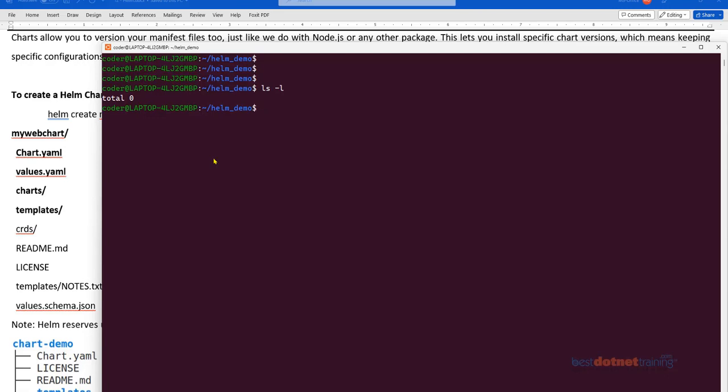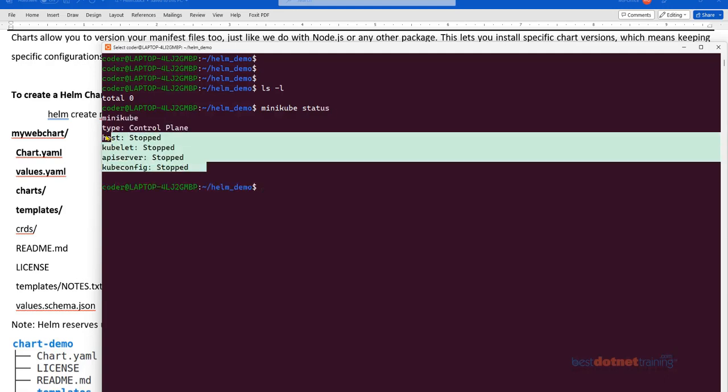There's nothing in it. Any specific reason I'm using Linux here? No specific reason. Okay, but it doesn't matter where you are working, on Linux or Windows. The only thing you ensure is you have access to Kubernetes. Okay, so if you are on Windows, maybe you have installed Docker Desktop and enabled Kubernetes in it. Okay, if I'm on Linux, the easiest way of getting hold of Kubernetes on Linux is Minikube. Okay, so if you want to know the status, you can say minikube status.